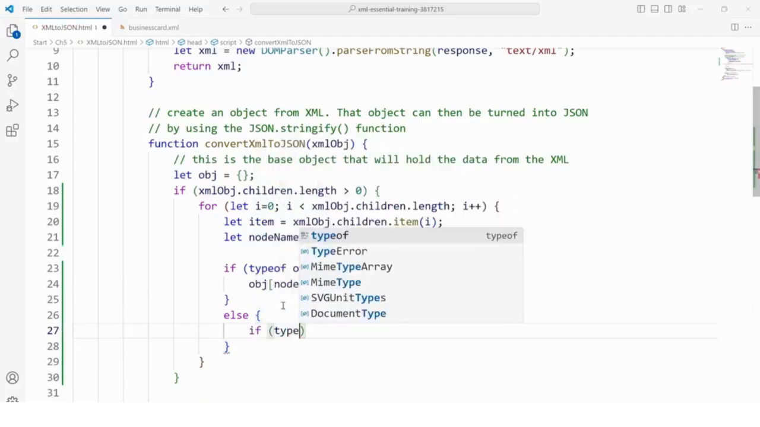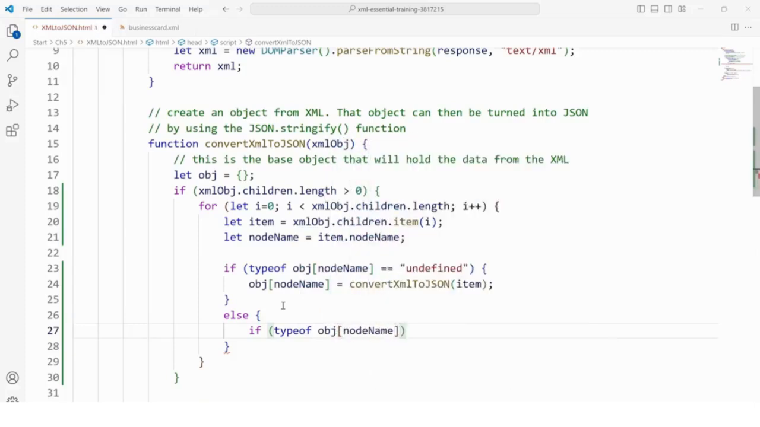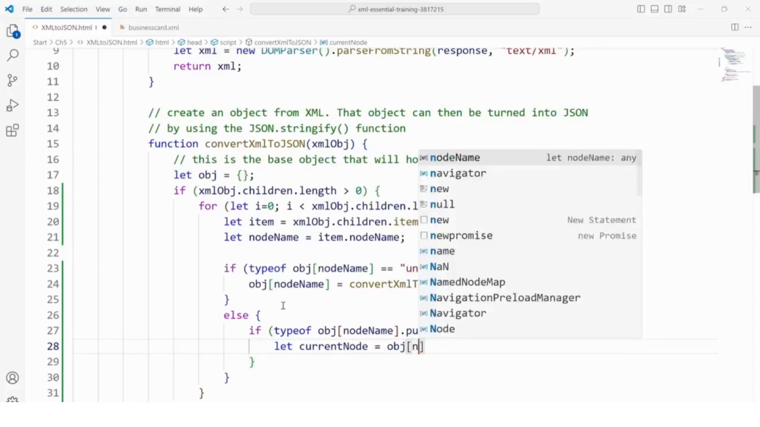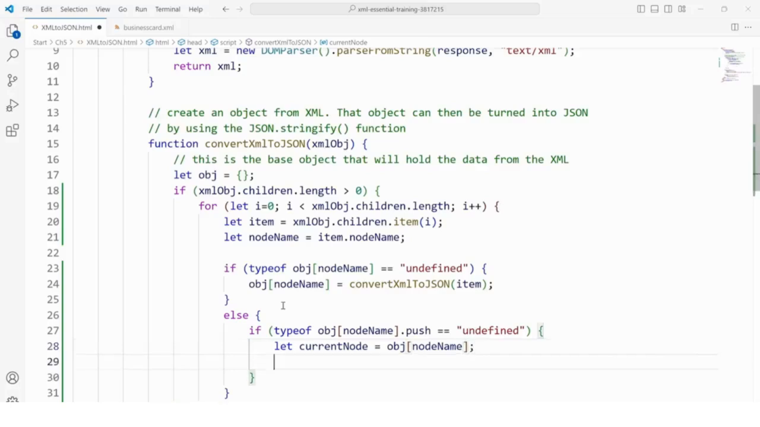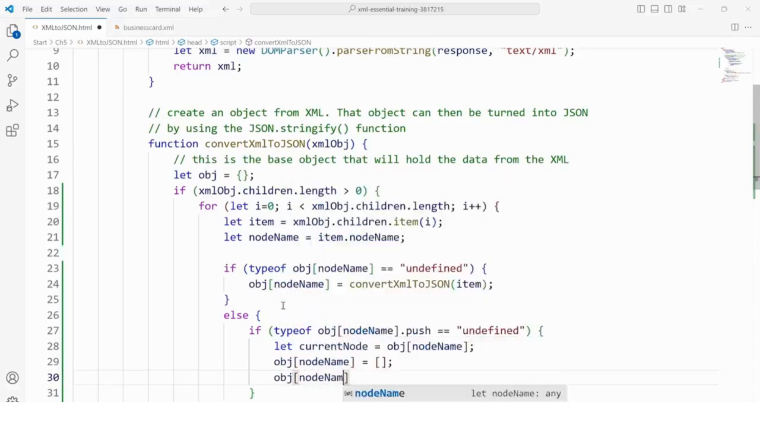So if the type of the object's property at node name doesn't have a push function, then that means the array has not been created yet. So what I'm going to do is define a temporary variable called current node, and I'm going to save aside the property that's already at that node. And then I'm going to replace the property that's at that index with an empty array. And then I'm going to restore